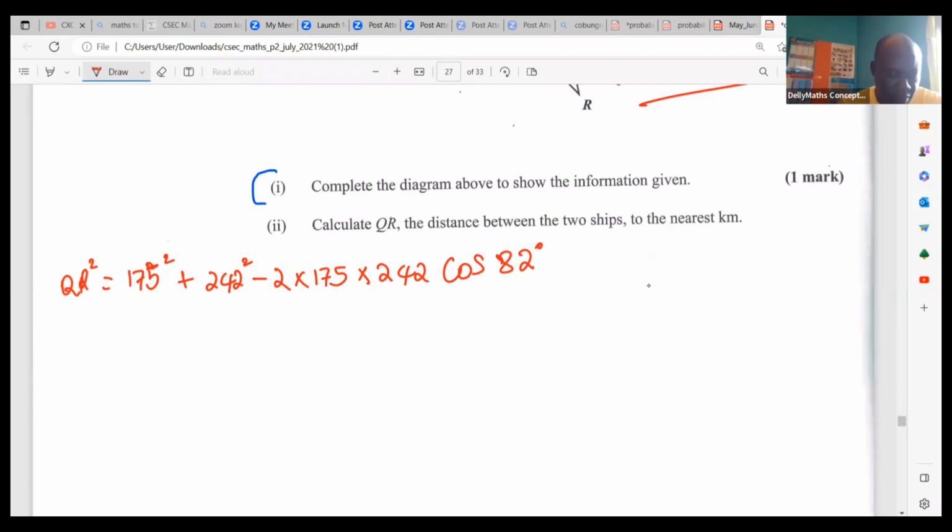We're going to find out 175 squared. 175 squared would give me 30,625. 242 squared would have given me, or is giving me, 58,564. Then I want to put all of this on the calculator at once, from -2 all the way to the cosine of 82. So -2 times 175 times 242 times the cosine of 82 degrees, ensuring that my calculator is in degree mode, and I'm left with